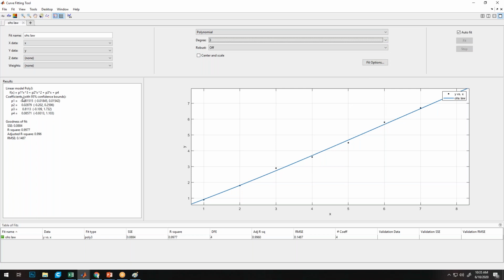So here, if you pay attention to the left column, you will see the equation also changes. Now the equation is p1 times x cubed plus p2 times x squared plus p3 times x plus p4, and MATLAB is calculating all the coefficients for you, doing all the statistical part and giving you an optimized cubic equation that can fit accurately to the experimental data.